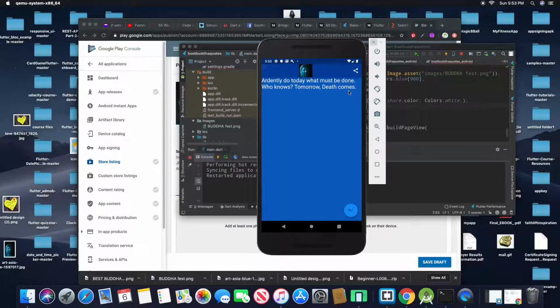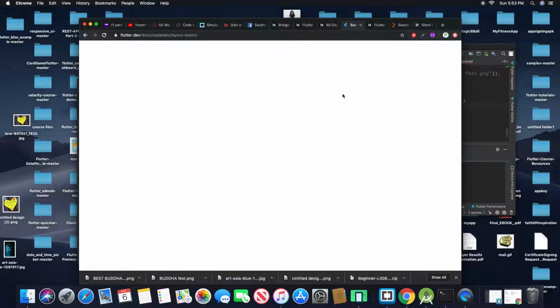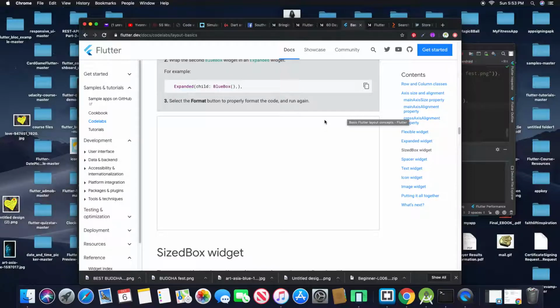So that is it, guys, how to add an image. And you can add so many things on this, like you can add your menu and so on and so forth. There's a lot to add. So what you're just going to do is hurry over to this page in order to learn more